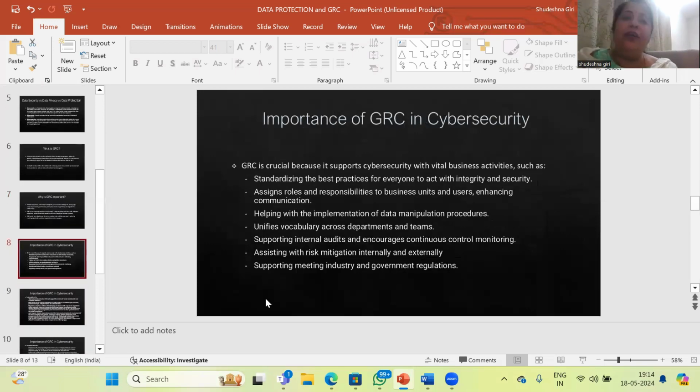So now coming to the importance of GRC in cybersecurity, we know that there are a lot of threats. You might have heard or read from your friends that you get several calls saying that your parcel has been dispatched and it has some malicious artifacts, which is a national threat. Somebody calls from the police department, as if he's an inspector. Such threats are happening now and then, and the ratio of such cases has enormously increased in recent times.